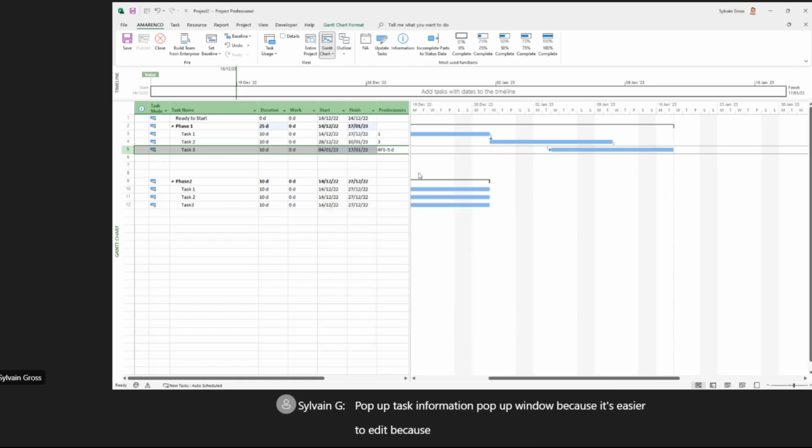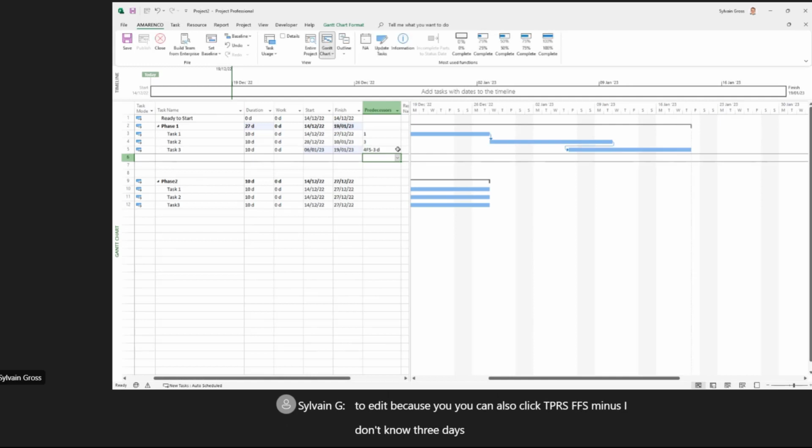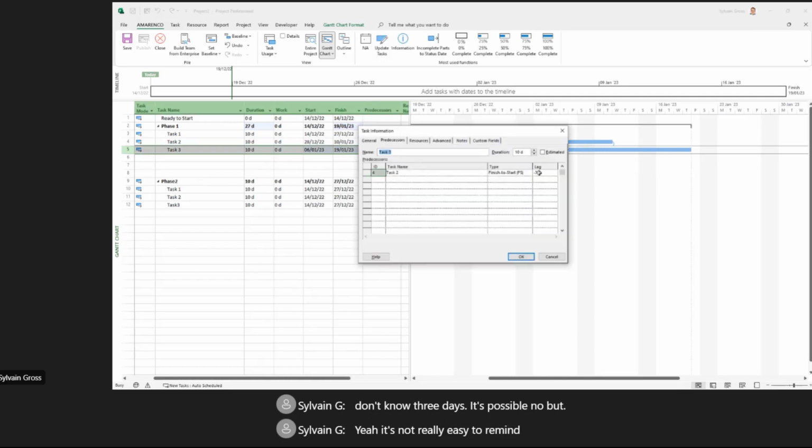Because you can also type here, yes, FS minus, I don't know, 3 days. It's possible, no? But it's not really easy to remember exactly the syntax of this, so it's better to use